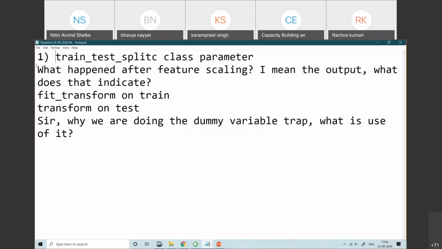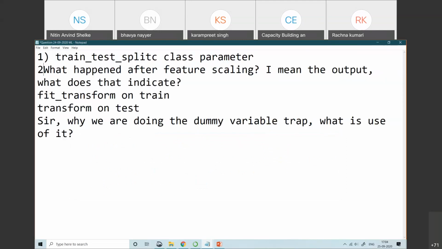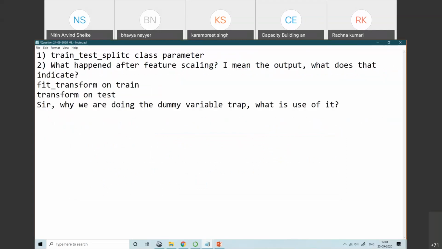The second question is what happened after the feature scaling, I mean the output, what does that indicate? And the third one is fit transform on the training data set and transform on the test data set.